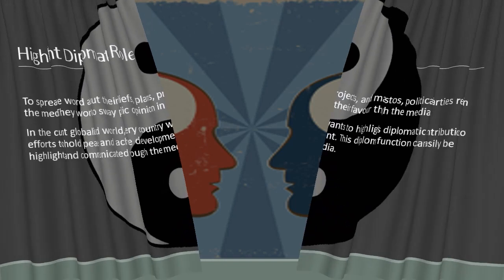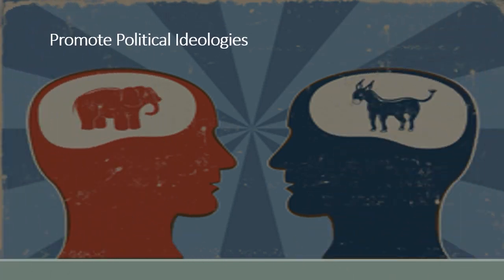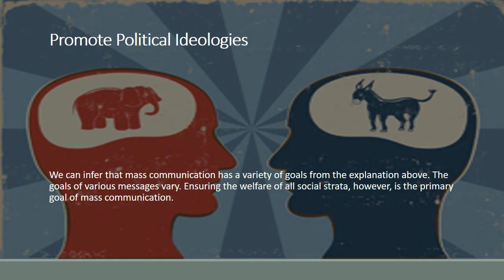Now moving on to the last and final objective of mass communication, where it promotes an ideology, especially political ideology about the ruling party and the opposition party. What the media is injecting is thus making an opinion in the public. How is it making an opinion? By the media. Media is itself creating a situation, creating an objective, creating ideologies as far as politics is concerned. So media helps the political parties to form their opinion.